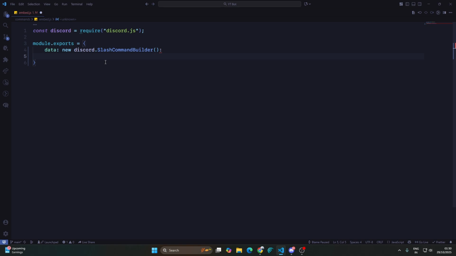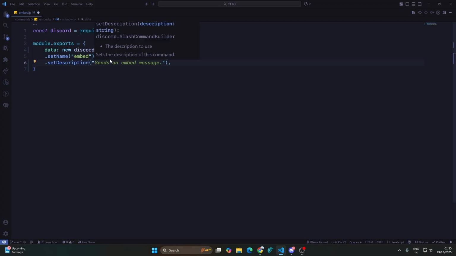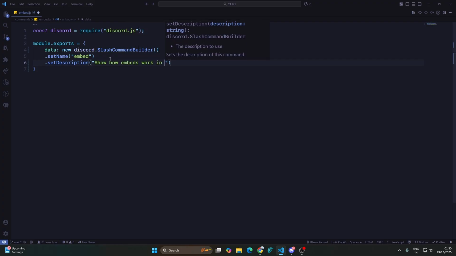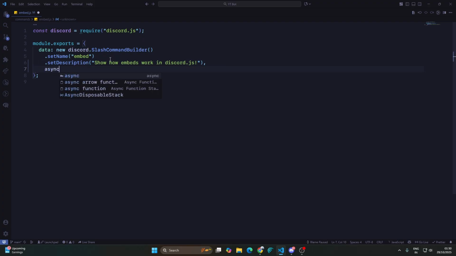and then we have to give the slash command builder a name. So .setName equals embed, and then the description would be like show how embeds work in discord.js. Once we are done with the description, we will write async execute, client and interaction,